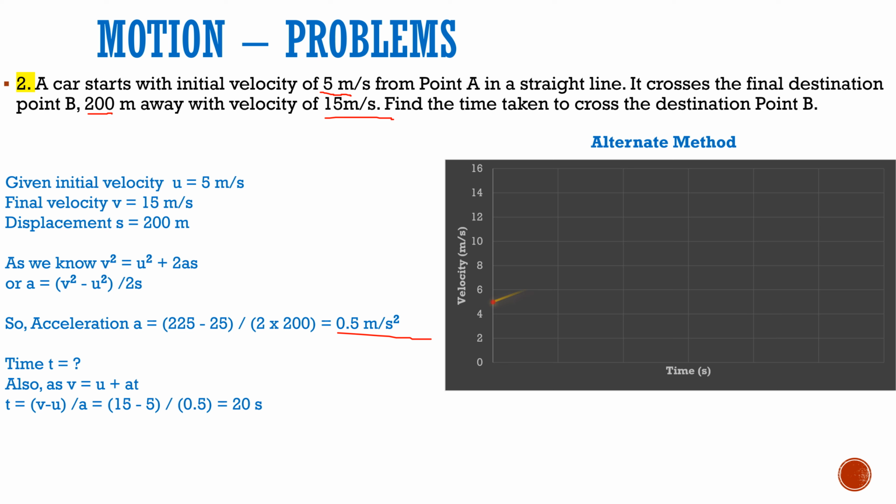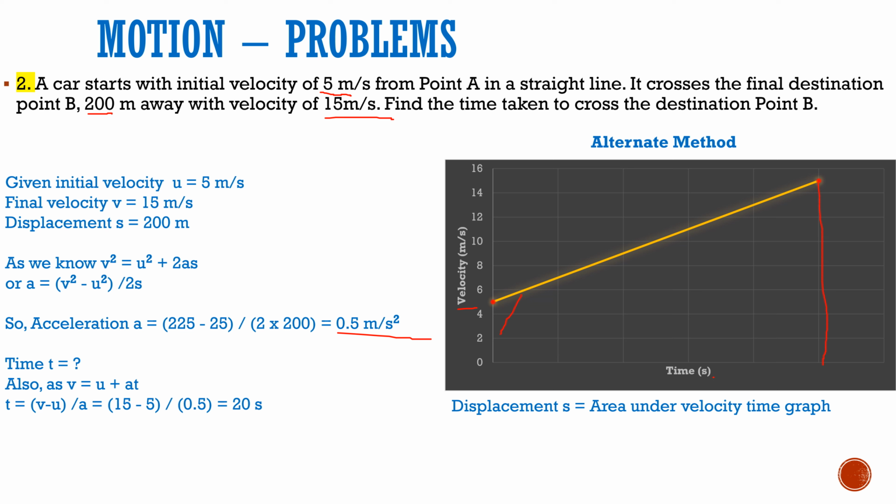So if we quickly draw a diagram in the velocity time graph wherein velocity is in the y direction and the time is in the x direction, so that is the convention as always. And so initial velocity 5 we have drawn here, and the final velocity is 15, that we also know. So we have drawn a straight line right away, and this is the total time taken. We are not aware of it, but the total area till here is the total area, and this area is nothing but the displacement